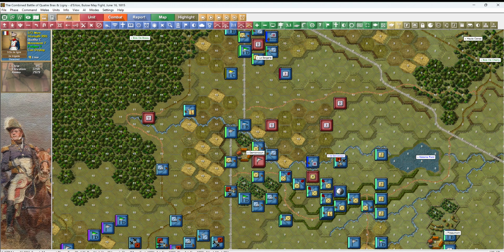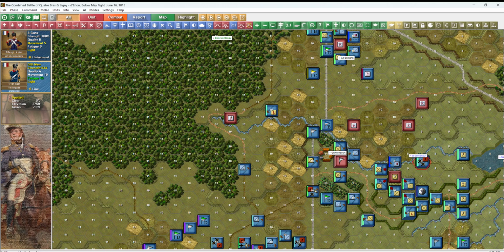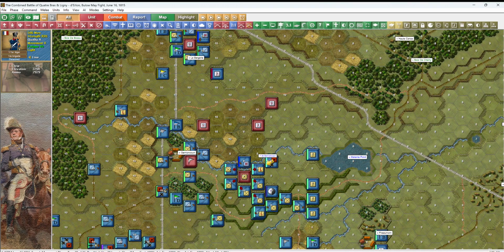So I'm going to turn this guy and move him in there so he'll fire on the square. And I've got limbered artillery, which I'm going to unlimber, and he'll fire on the square, but unfortunately it's a damn foot battery, so it won't fire this turn. But what I'm going to do for this turn, I'll send the line unit under him. And he'll fire on the square, and then